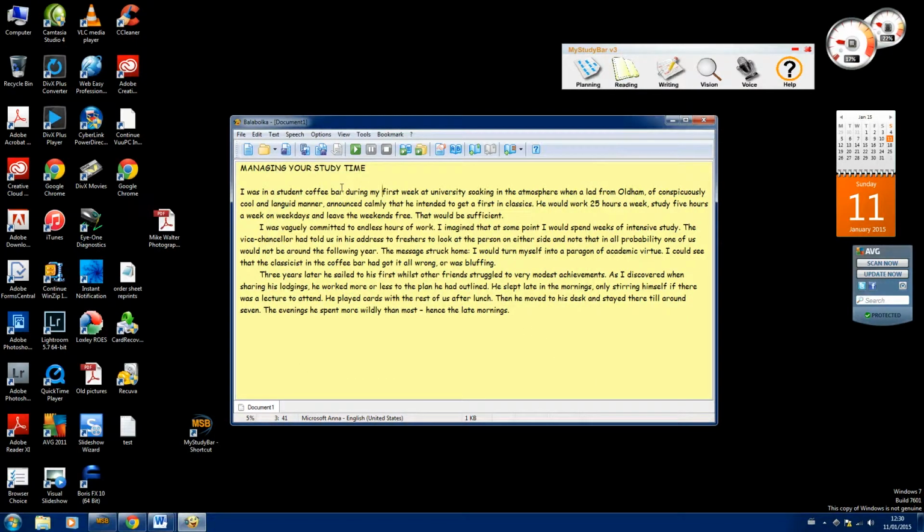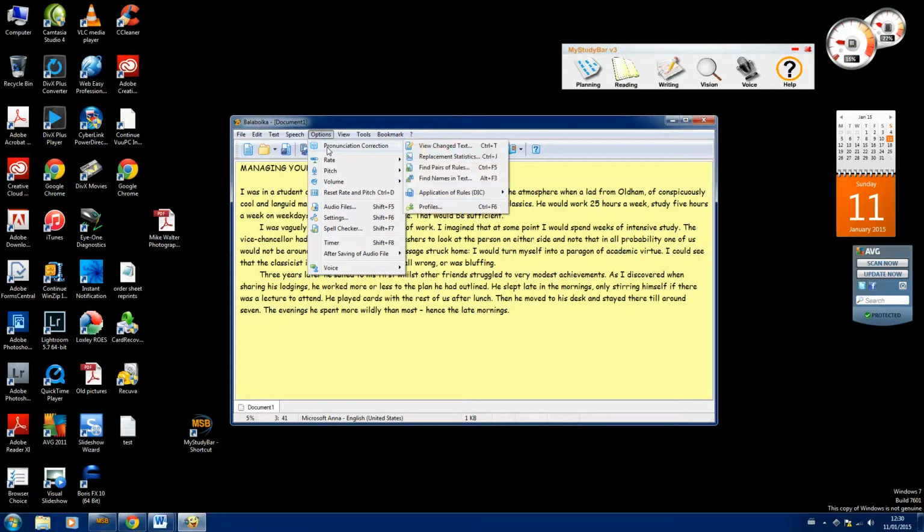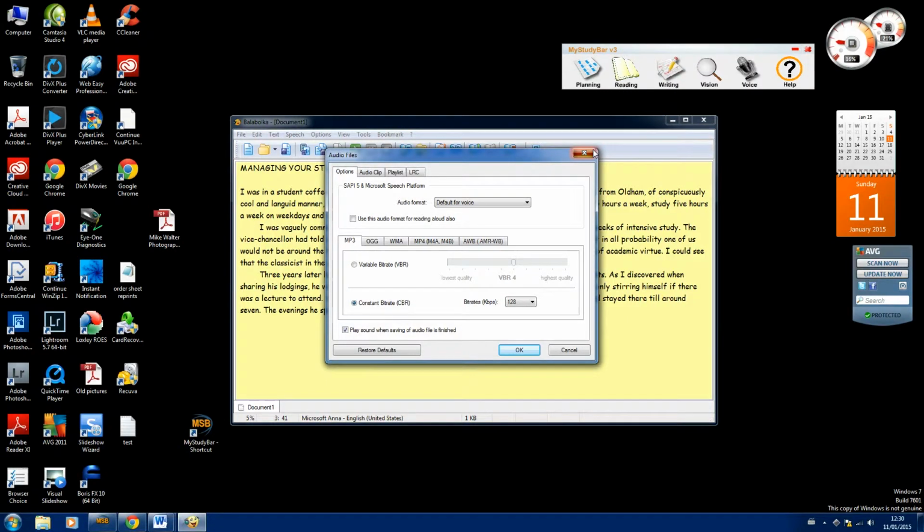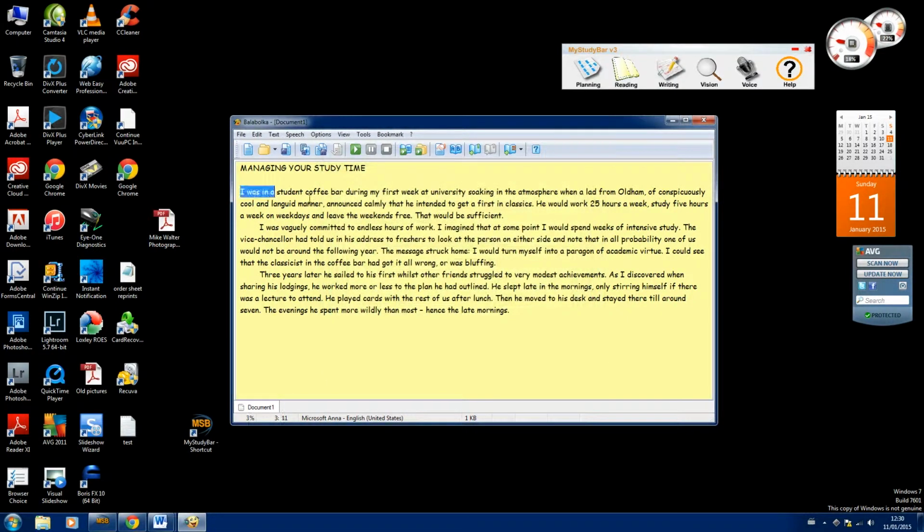We can also get Bababolka to change the language, change the font. As we've been through, we can go full screen. We've got pronunciation correction, audio files. Once Bababolka has actually played back this file,